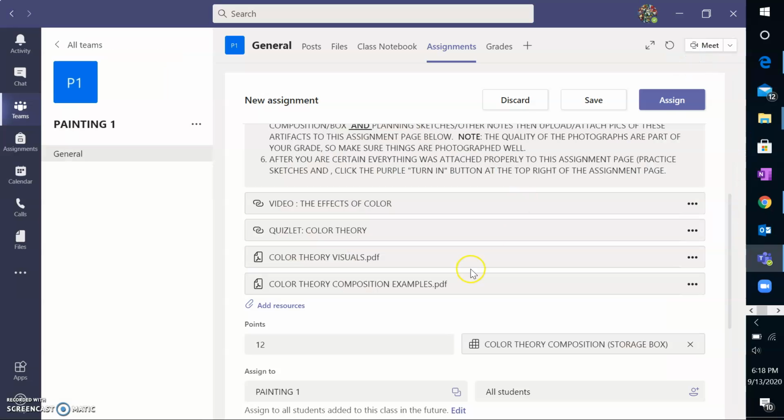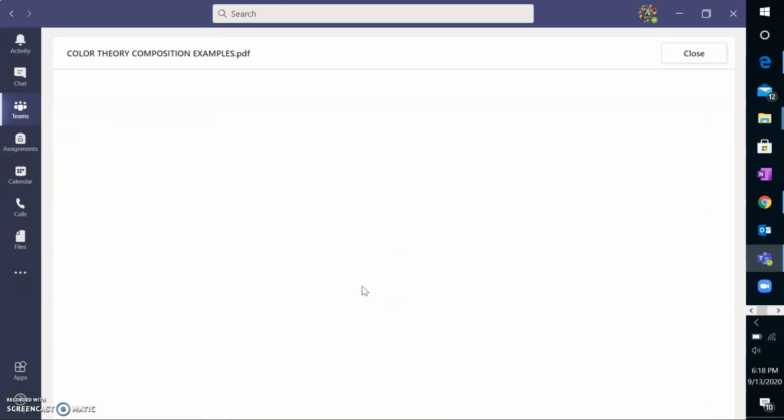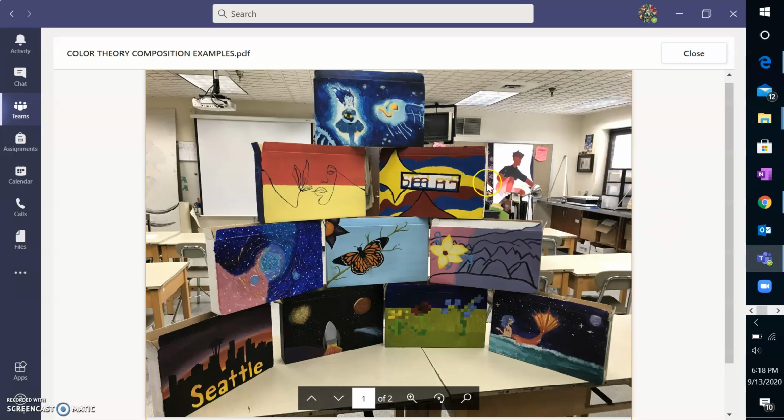Okay, so I'm going to close that. Now, what's going to be really helpful too is to maybe see some examples of what past students have done, or just some other examples of color schemes that'll help you understand it. So these are the assignments from last year. These are some students that did these last year, and I'm not going to go through each color scheme that